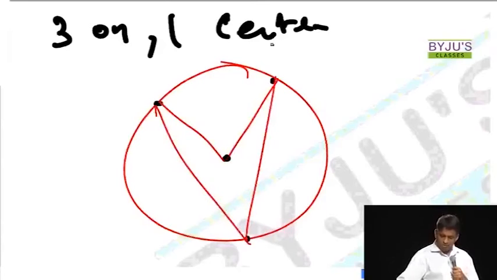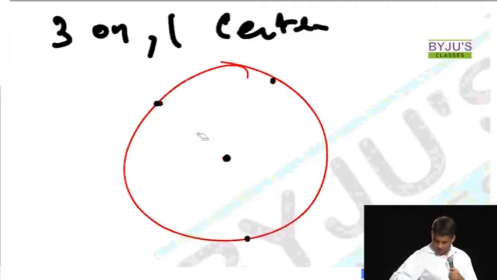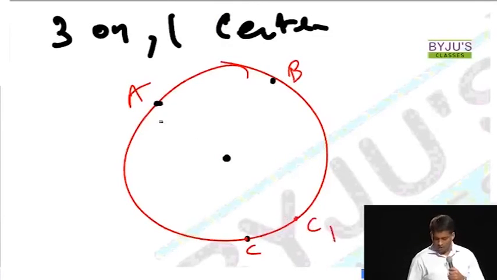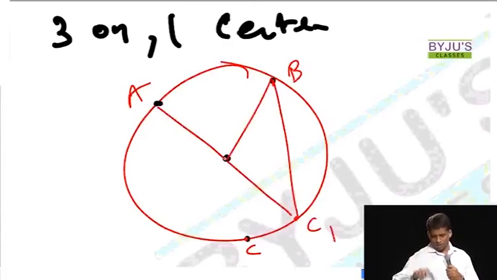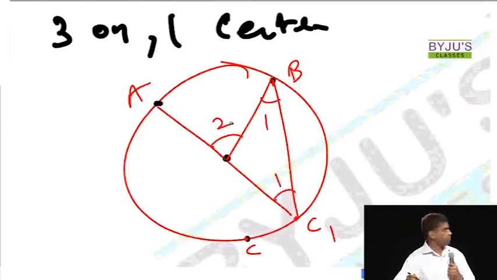this is one obvious one which you will take. This is 2 by 1. If somebody is asking why it is 2 by 1, then you can prove it by keeping this AB the same, don't change AB. This is C. Now bring C somewhere here, take it as C1 and join the points. It's because I'm not changing A and B. So what will happen is, if this is 1, this is 1, this will be 2. This is why it is 2 by 1, right? 1, 1 and 2.